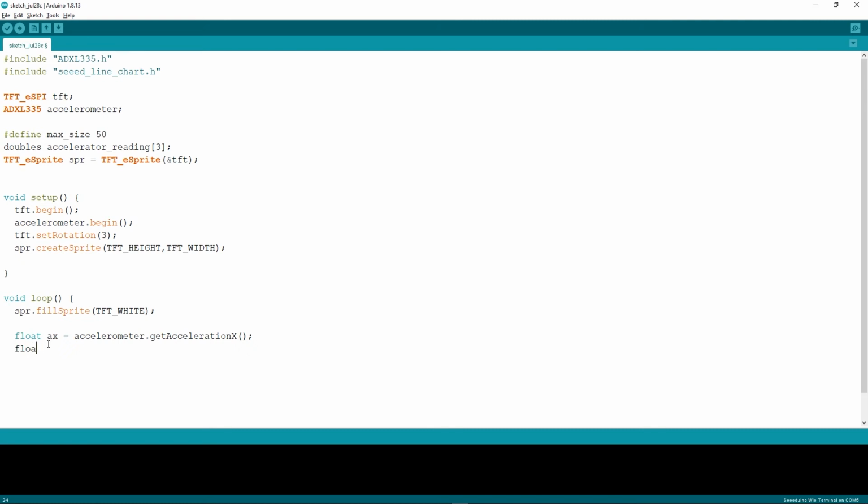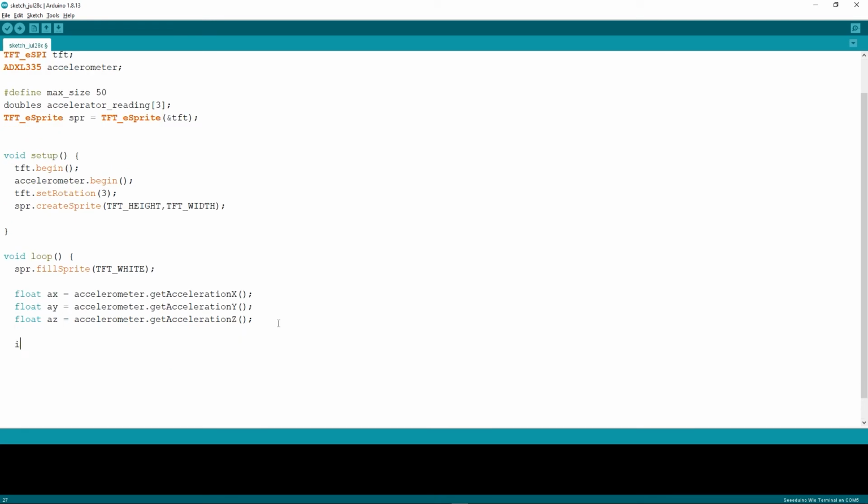So let's set another, ay, so that's the y direction, accelerometer.getAccelerationY. So that's for the y direction acceleration, and for the z direction, az, accelerometer.getAccelerationZ.